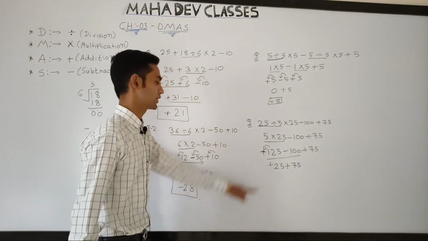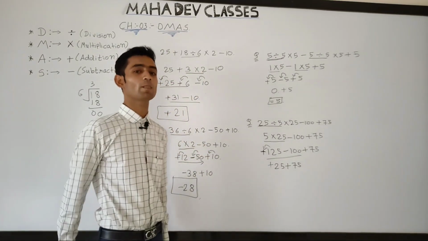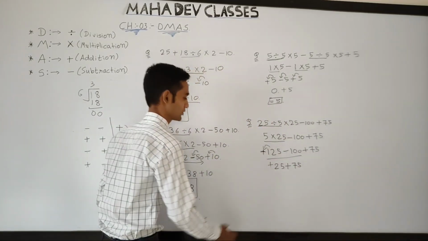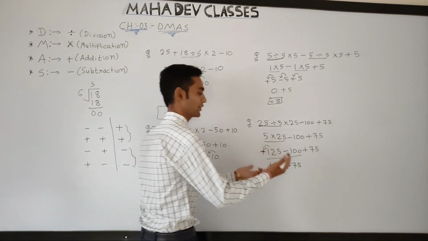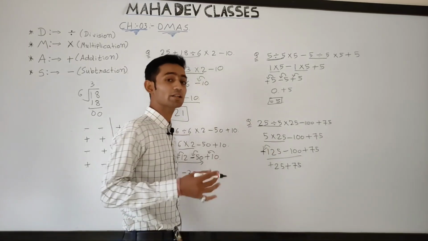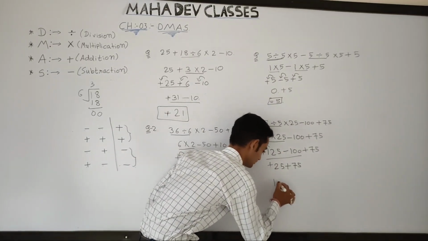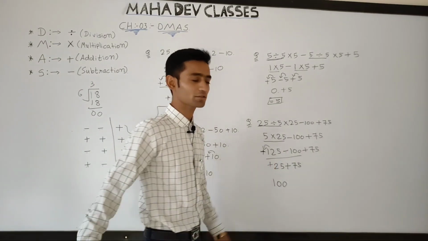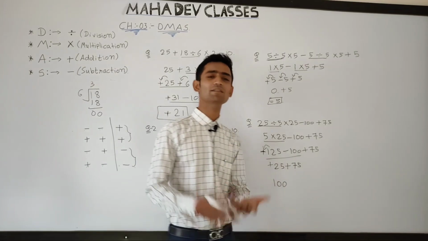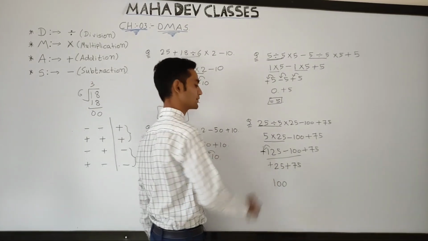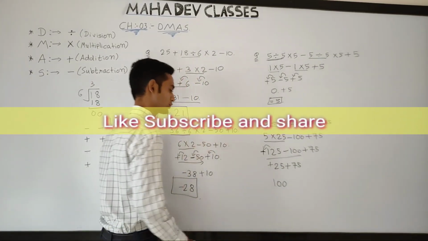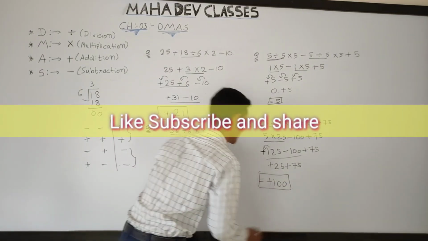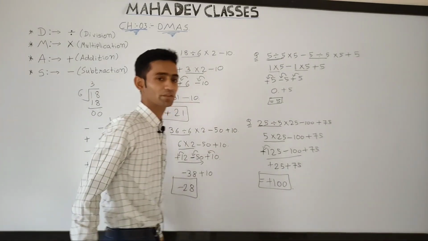Okay, now you can see that both have the equal symbol, and our rule says that equal symbol means addition. Okay, so similarly we will go for the process of addition. 75 plus 25, you will get 100, and for the symbol, which one is the bigger one, 25 or 75? 75, and 75 has the plus sign, so in our resulting answer we will also put the symbol of plus, and hence we got the answer 100. Okay, of that given simplification question.